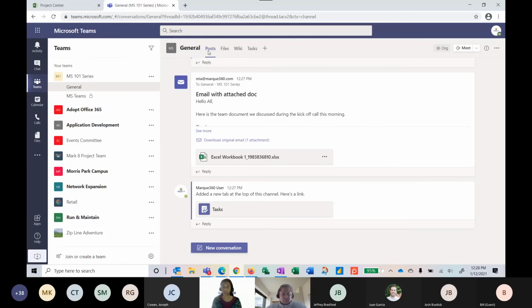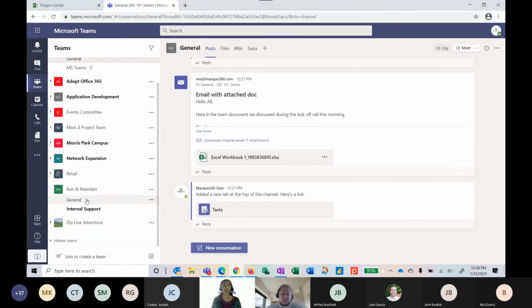We only have a few more minutes left. There is one thing I wanted to bring up because a lot of times when we talk about this topic of creating teams and channels and adding people, a lot of people get concerned because it's possible that we could have a lot of duplicate teams out there. For example, for run and maintain, one person could create this run and maintain project, or team, and someone else might create a support project that should be part of that. We might have duplicates, and then in addition to that, we might have some inconsistencies or people create duplicate channels